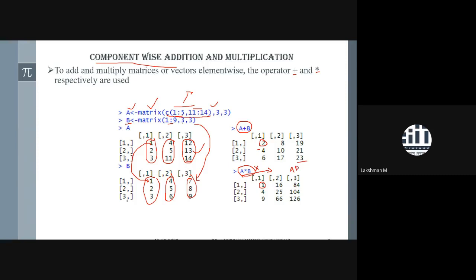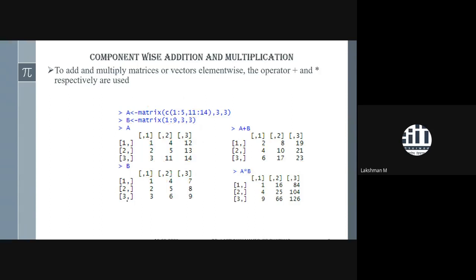So if you use A star B, it is not equal to A into B. So why? Because there you have to use a different operator. There is a concept of inner product or dot product operation, but this one is not an inner product. It is scalar element-wise multiplication. So that's why I'm coming with a new type of operation that we call the inner product. And with the help of inner product, we can do matrix multiplication.